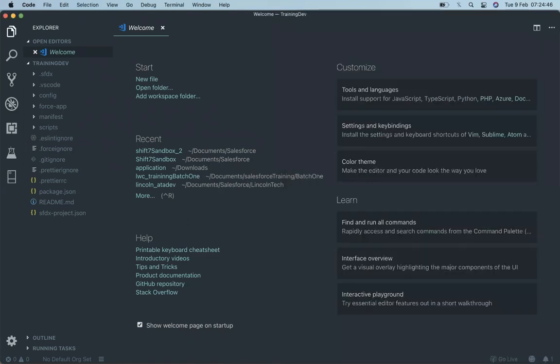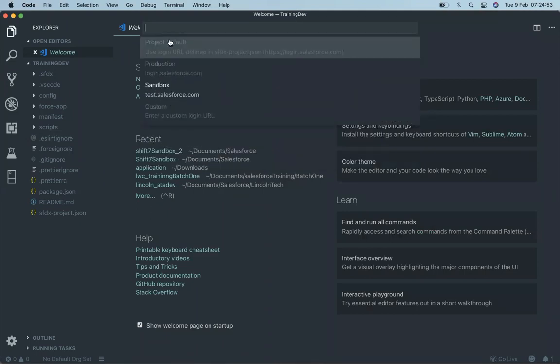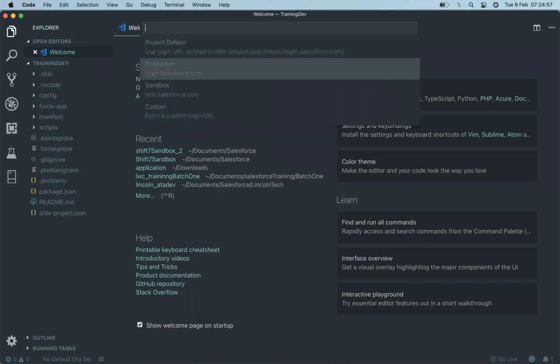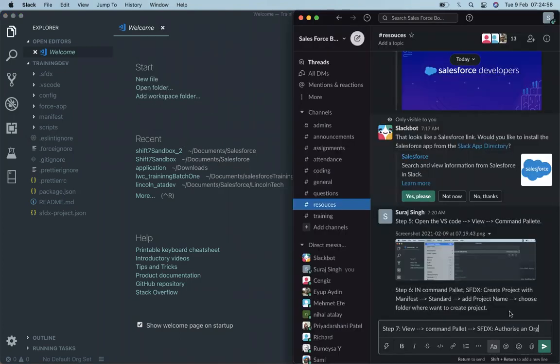Once you select authorize an org, it will ask for the configuration. Select production, because you have a developer org.